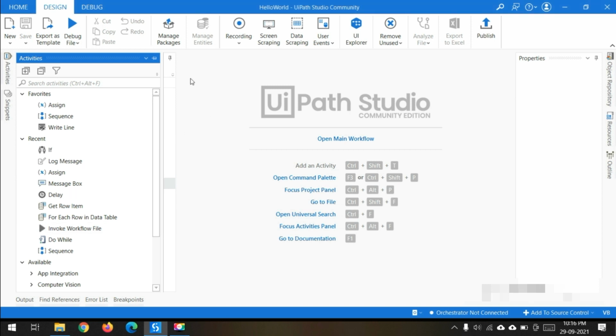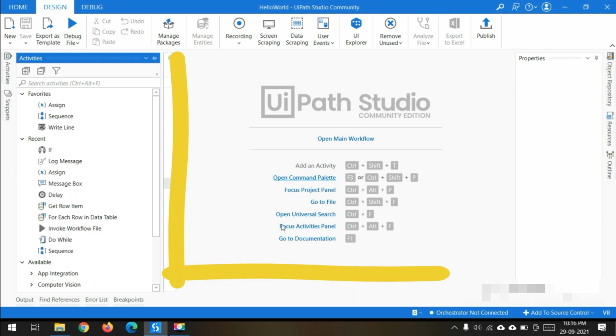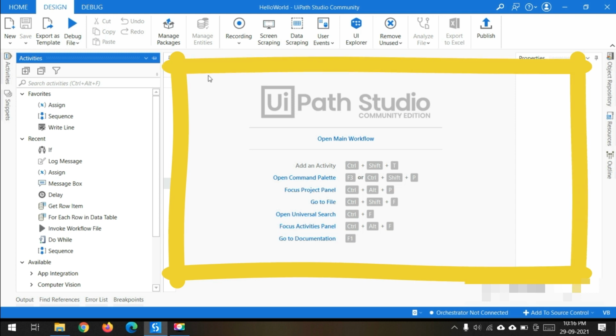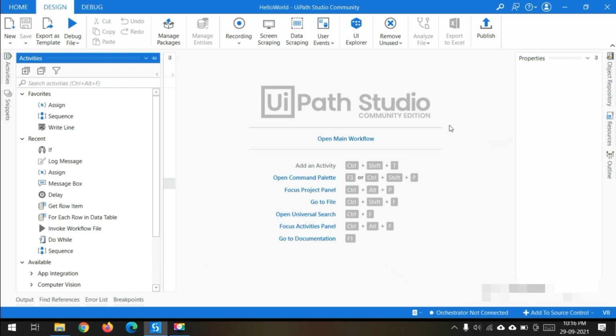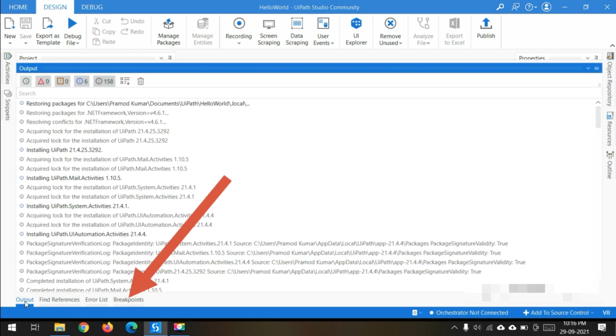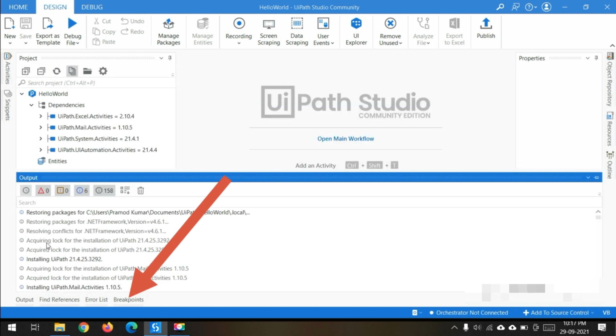The main part of this window is where you will see your process, the script we are going to write. On the right side you have the properties section, which we mainly use to see or change the properties of any specific activity. In the lower part we have more sections. We have the output section, a log section where you can see runtime logs while developing.